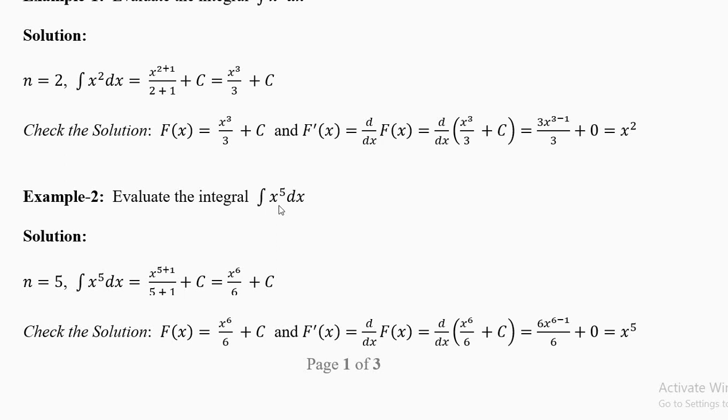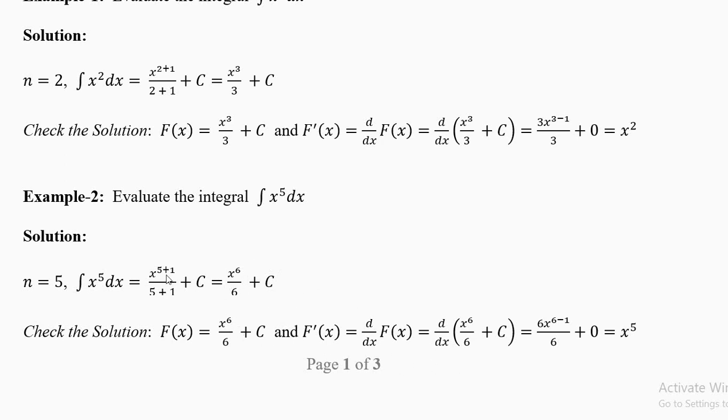Now let's look at x power 5, n equal to 5. The rule is the same, x power n plus 1 divided by n plus 1 plus c. We'll always write plus c. Sometimes if I don't write it, you have to write it, because plus c always comes there. When you differentiate c, it becomes 0. So it can be any number, 10, 20, 30. That number will be decided by other conditions after a couple of chapters. If we have more information in the question, we can fix this number c, otherwise we don't have to worry about it.